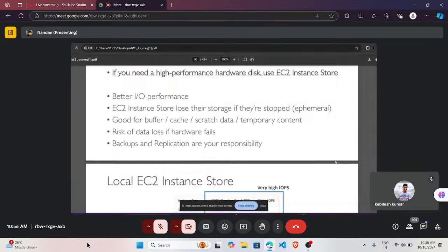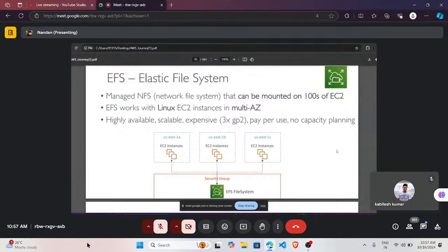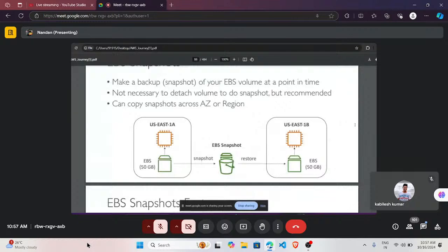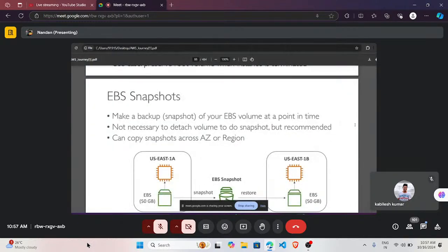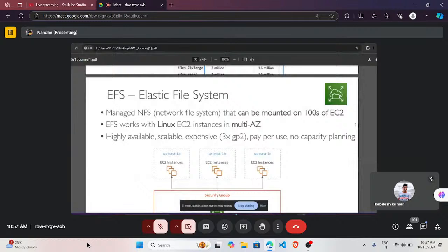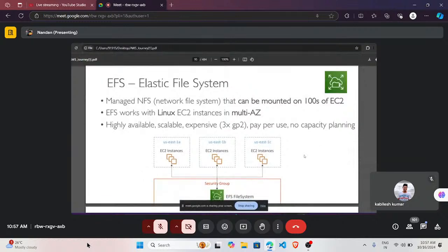so then, EFS is Elastic File System. It's a managed network file system that can be mounted on an EC2 instance. Okay, so the NFS can be mounted on hundreds of EC2 instances. As we see, EBS can be attached to a single EC2 instance, but cannot be attached to multiple EC2 instances. The EFS can be attached to multiple EC2 instances. Okay, and EFS is highly available and scalable. So, okay, you can use it as much as you need. Okay, but it's very expensive and you have to pay per use of the EFS. Okay,